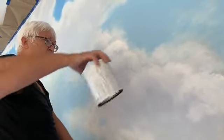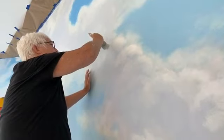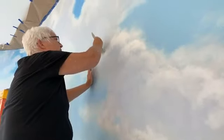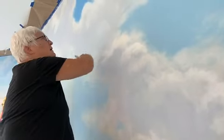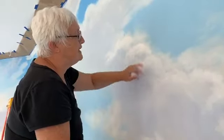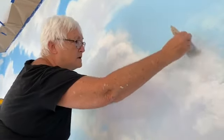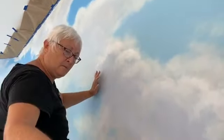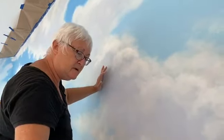Okay, so the white I've been using is just a regular ceiling paint. I'm not going to endorse any particular brand. For years in Atlanta, I just go by all of the major stores, mostly Home Depot, and I pick up Oops paint. And again, some of these areas are beginning to dry, and you can see it's not as bright as it was when I first did the application. Probably have another couple of days on this,